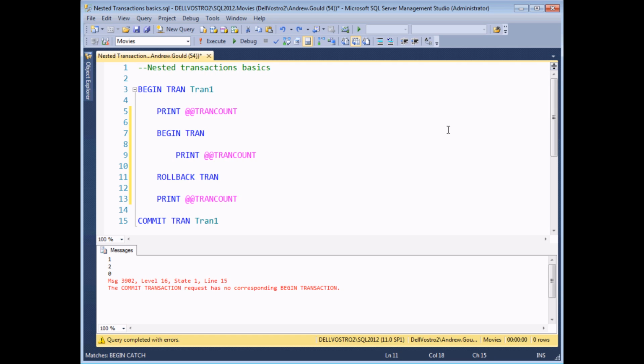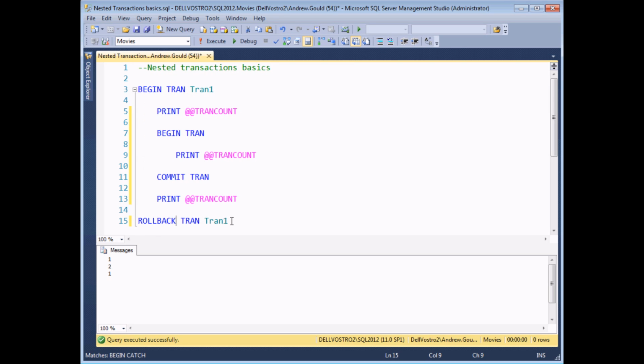The other problem with nested transactions and rollback is a little less easy to spot. But if I can quickly show you what the issue is. If I try to reverse what I'm doing here by committing the inner transaction and then rolling back the outer transaction, when I execute the code, everything appears to work normally. So I've started one transaction here, my transaction count is 1, and then I've got 2 transactions open here, transaction count is 2, committed the first one, which decrements my transaction count to 1 again, and then I've rolled back